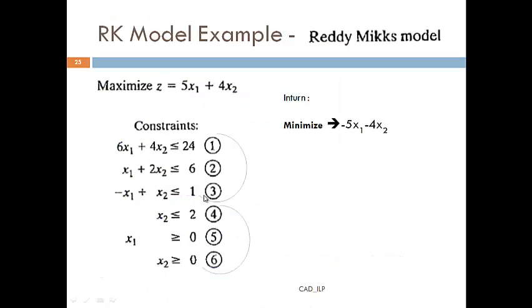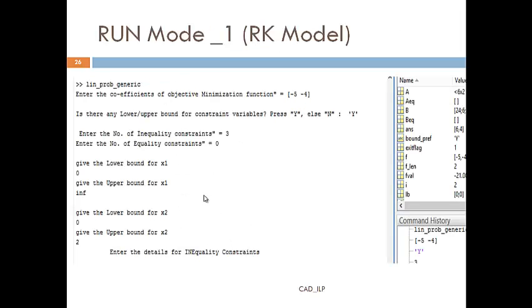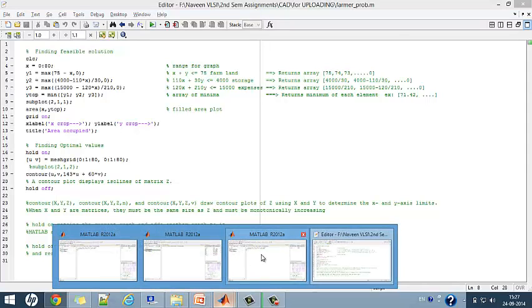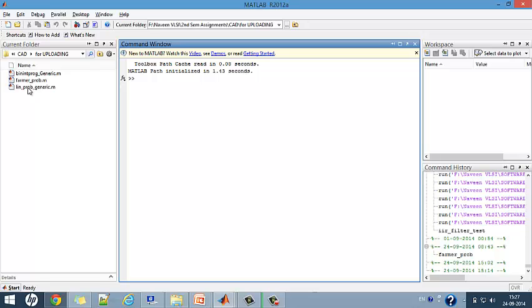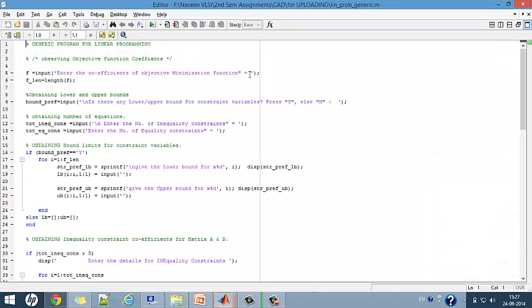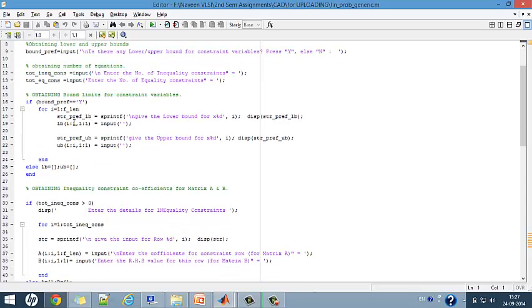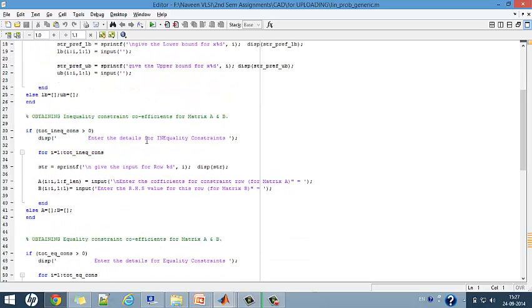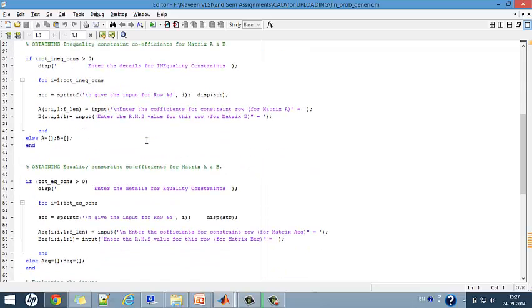Okay, let us consider the RK model. The constraints are given. You may know this from the book by Taha. Let me show you the program and I will run it. You can see the length of the objective minimization function and its corresponding coefficients is obtained, and all the inputs are obtained from the user, lower bound, upper bound,